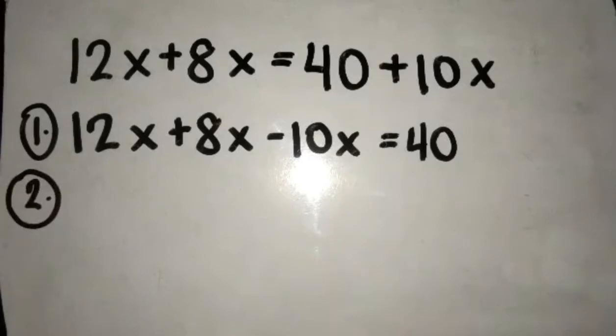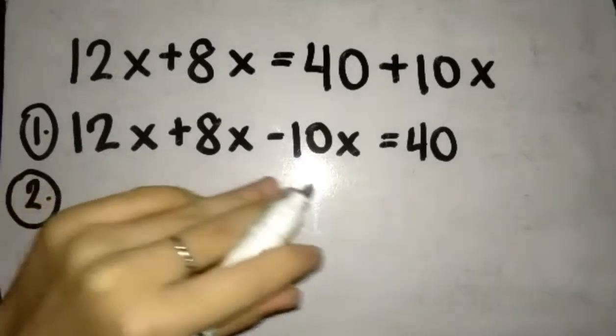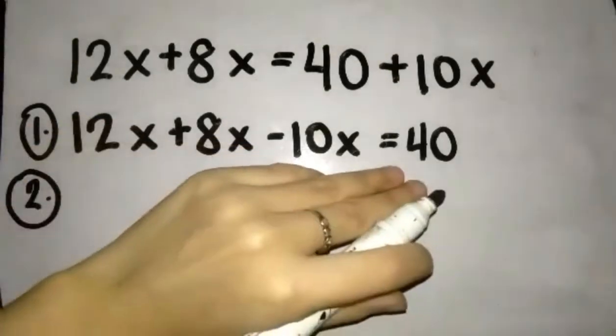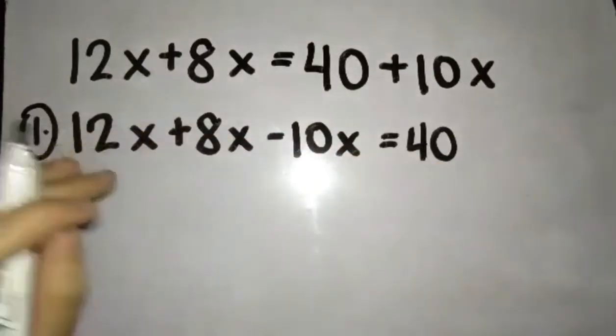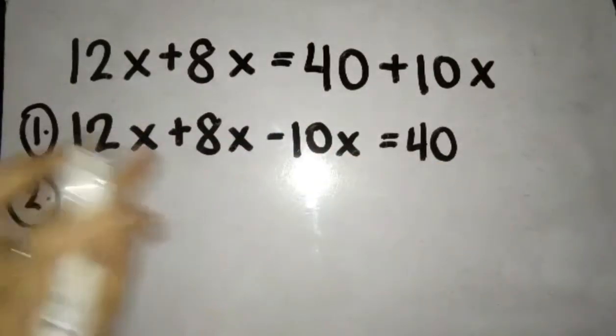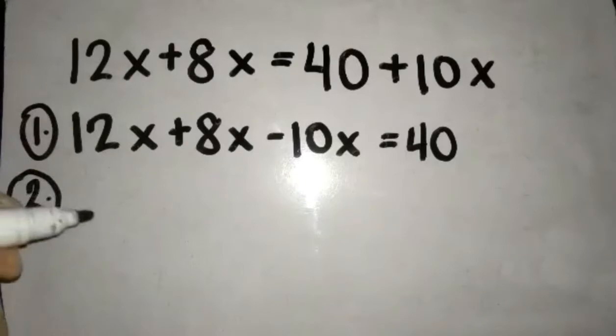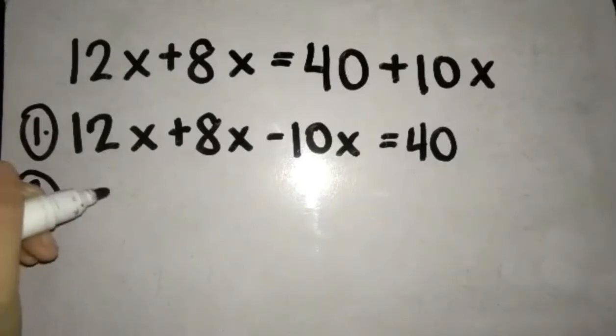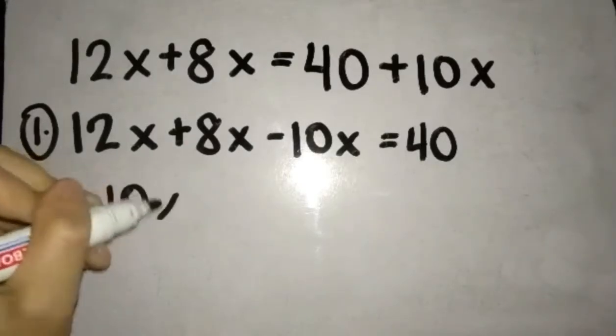Next, we will just simplify it. 12x plus 8x minus 10x is 10x